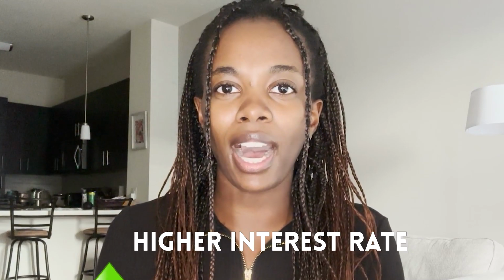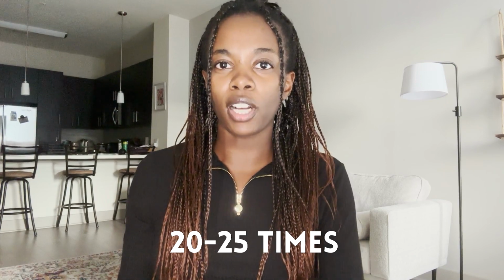In its simplest terms, a high yield savings account is a savings account that provides you with a higher interest rate than a traditional savings account. Typically, banks that offer high yield savings accounts are online banks, and because they don't have the high overhead fees that traditional banks do, they are able to provide their customers with a higher interest rate on their money. And usually these banks pay an interest rate of 20 to 25 times the national average of a traditional savings